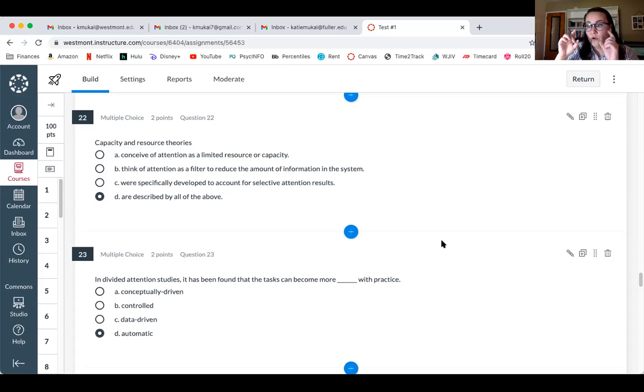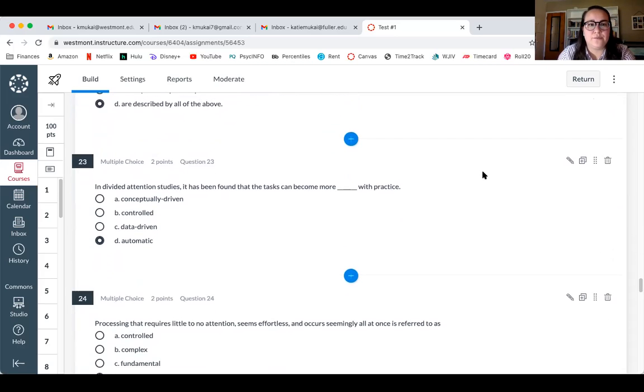Why are we able to focus in on certain aspects of a task or certain aspects of what we're looking at or the information that is coming into us? And the idea is that we're able to modulate our attention so that we can select something specific to focus on.